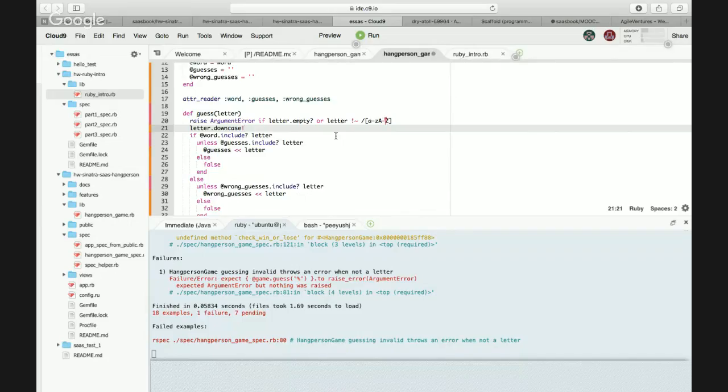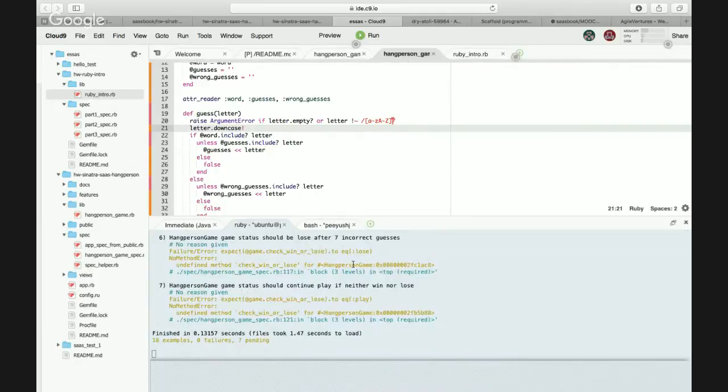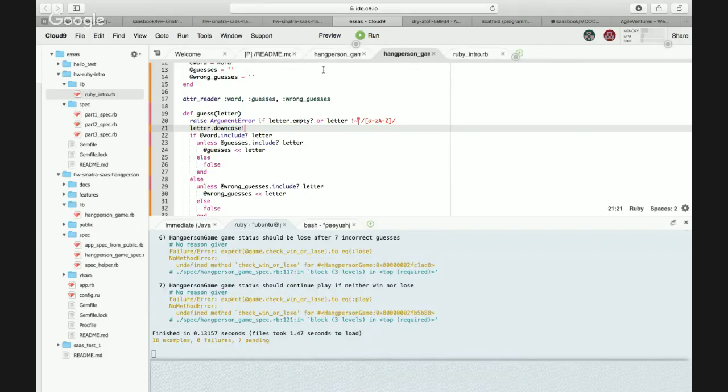Let's try it out. I'm not so sure about this, so let's see what happens. Might get a syntax error. No, did it pass? Yeah, it passed. Okay, good. So this operator, this not-tilde thing, means don't match. Yeah, not match. Right. Okay, so I can go to the next test now.